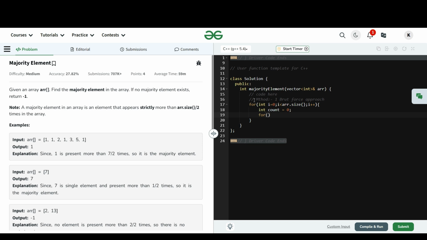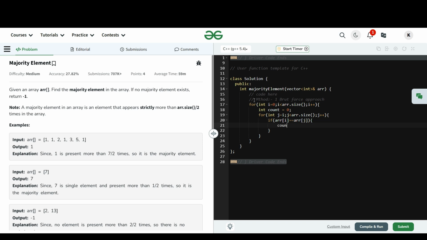Then I take another loop with j starting from the ith index and going to array dot size. And if array of i is equal to array of j,